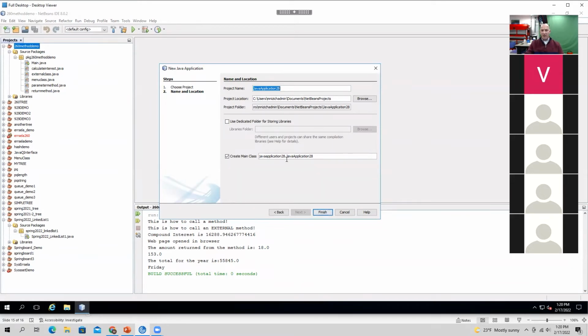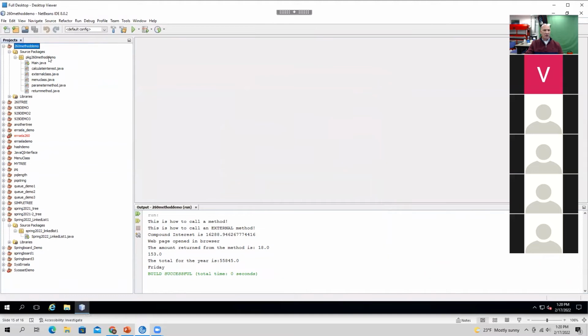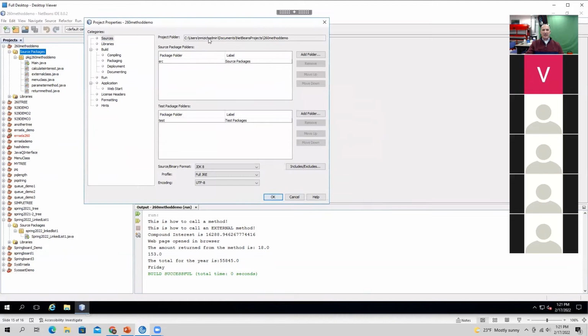Now, once you create a Java application, we're going to use this one as our demo. But once you create a Java application, all the information that is part of that is stored in one folder on your PC. So when we actually look at where the actual information is kept, if we go to properties, right, we're going to see that this entire project is kept in a certain folder.